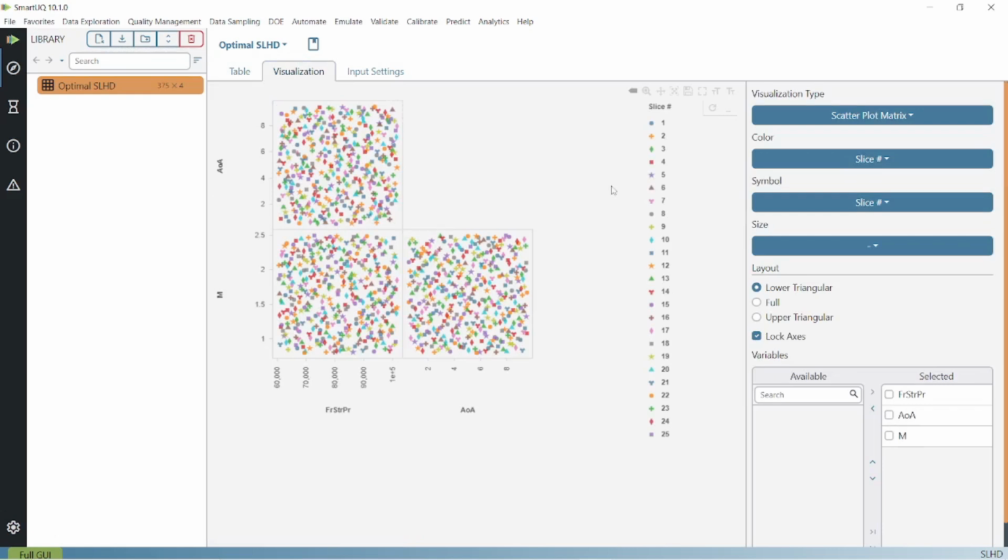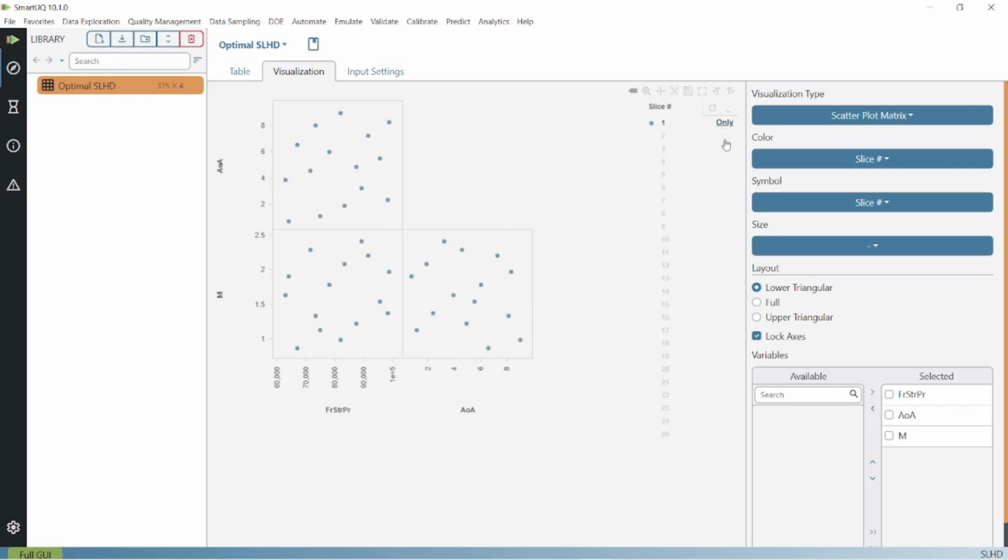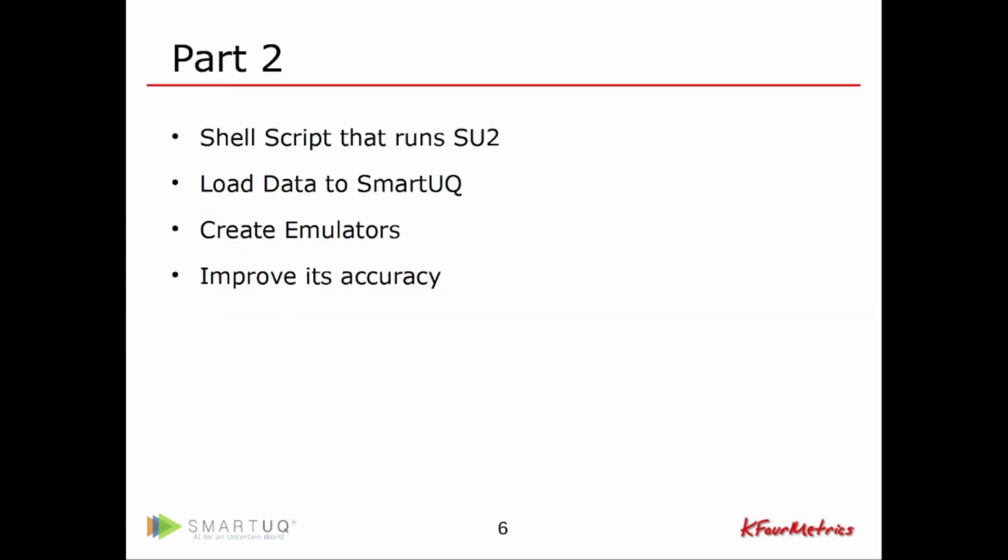Just expand this, and let's say if I only turn on slice 1. So you can see that it has spread out over the entire design space. So if I turn on slice 2, you can see that there are no repetitions at all, as I mentioned earlier. So this will be the end of the first video,